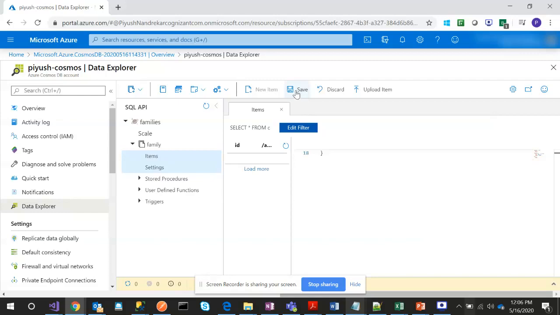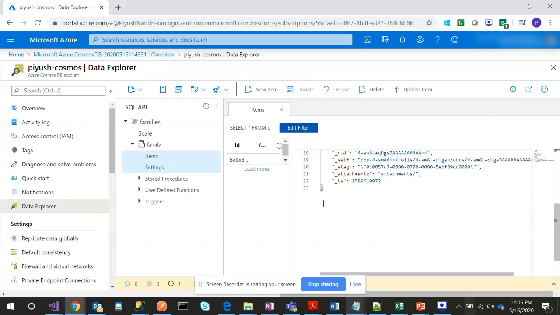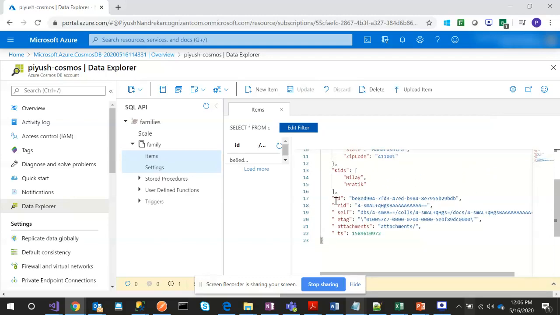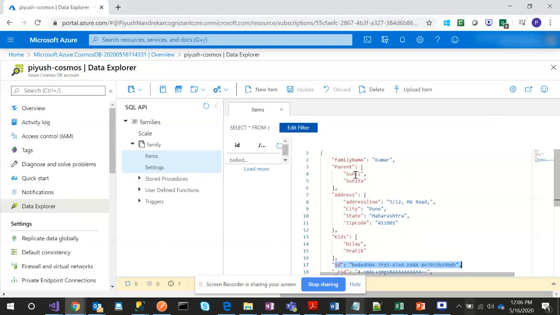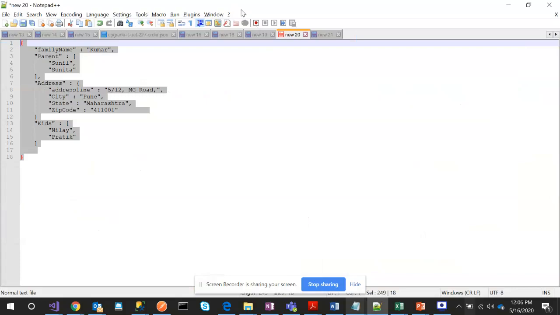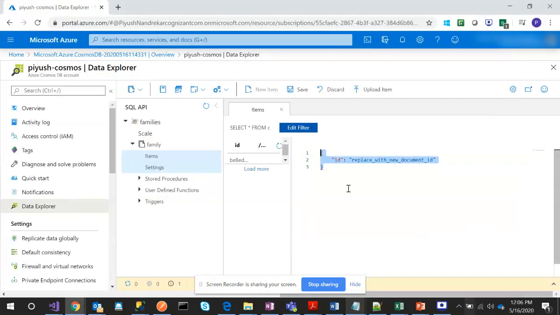So let's save this item. This is how we create one particular document. You can see that an ID got created for this document, and we can query it using that ID as well as other standard filters like parents, address, and zip code. Let's add one more item. I will show you one more problem that was there with RDBMS and how we fix it.